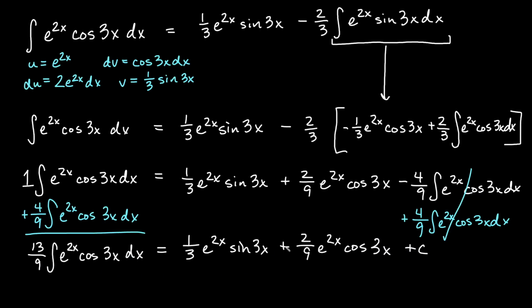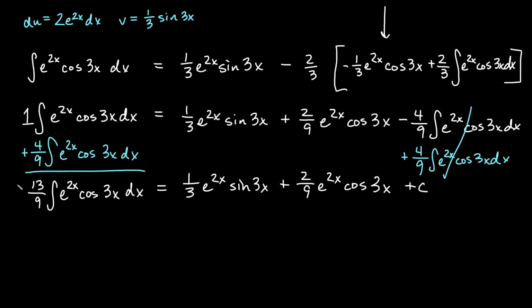And then I will need to simply solve for my original integral. That's what I wanted, was just this original integral. So I'm going to go ahead and multiply by the reciprocal. I'll take both sides of the equation, and we're going to multiply by 9/13, which will get rid of the 13/9, obviously, right? So we'll get the original integral that we needed